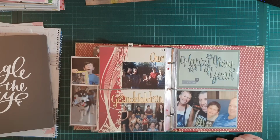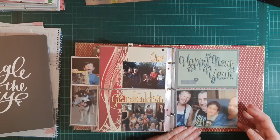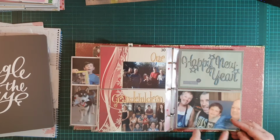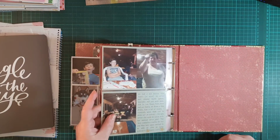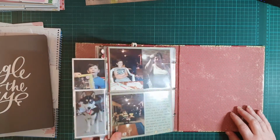This is the grandparents with all their grandkids on both sides, and New Year's, just family that come and spend some time with us, and we have a bit of a family Christmas, a family New Year's at home, and some of the fun we get up to. So that's